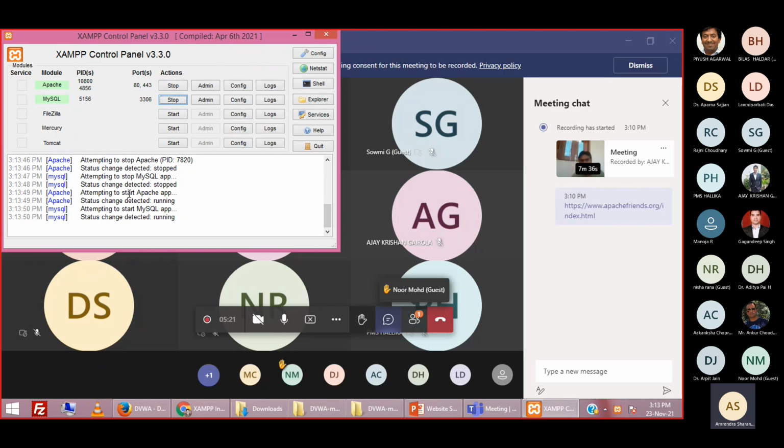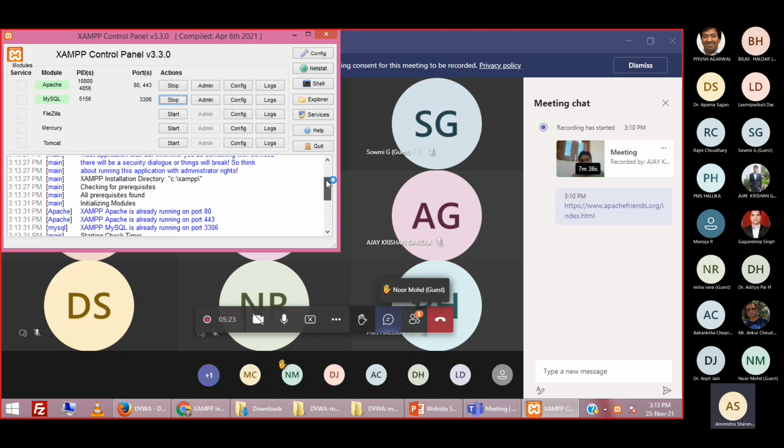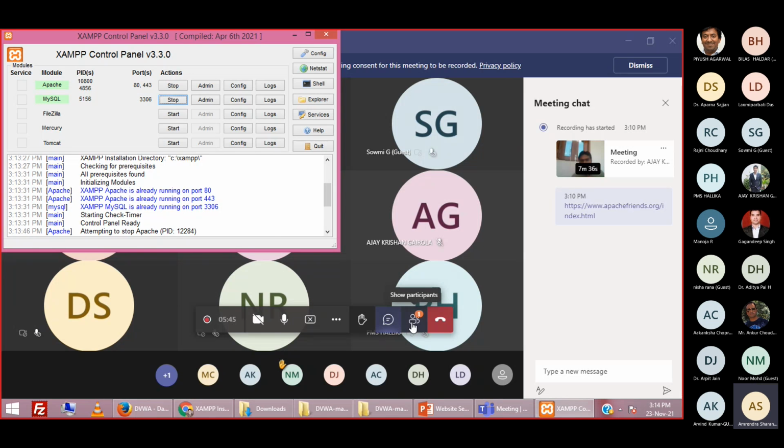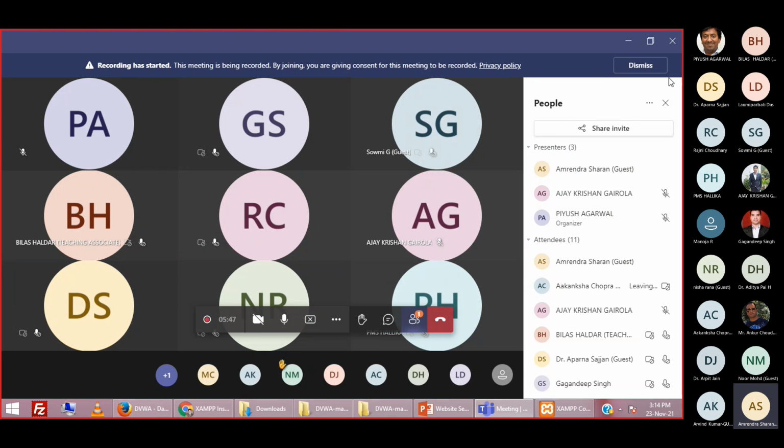This should be running. You can see this should be appearing in the green panel, green background. If it is coming in the green background and the port is showing, then only it is running. Otherwise, if it is getting any problem, it will be written in red color here, not in blue color, that Apache is not running. If you are getting this type of message, then you have to resolve that problem.